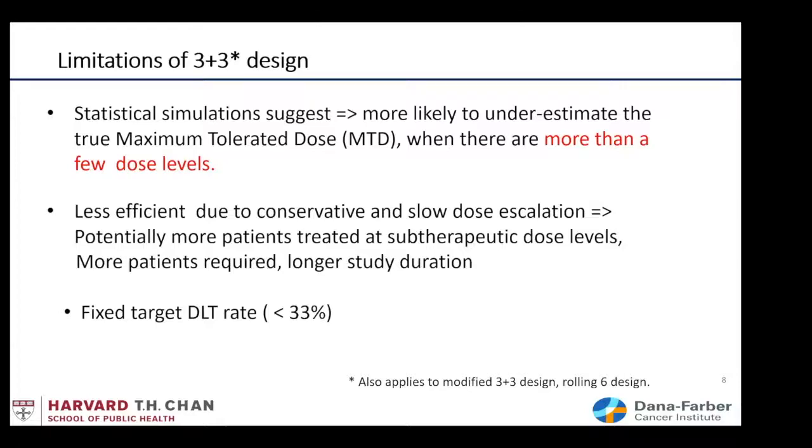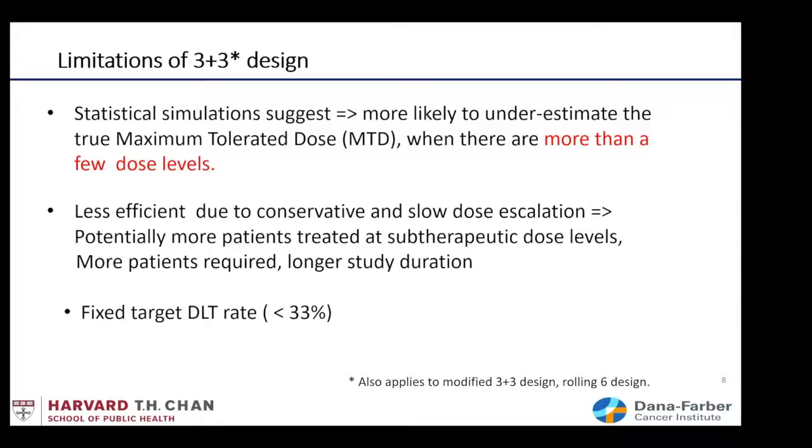Also, it's less efficient due to the conservativeness and the slow dose escalation. Pretty much you start from dose level 1. Every dose level will require 3 or 6 patients until it slowly escalates up. So it potentially puts more patients on subtherapeutic dose levels. Recall what we talked about before about efficiency. When you treat more patients on a subtherapeutic dose level, meaning below the MTD level, then you require more patients and